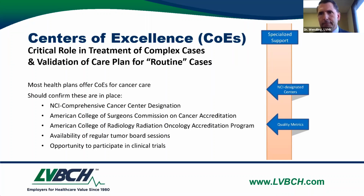Do they offer everything that we're talking about? The screening, the biomarker testing, and the treatment. There too, the care coordination. Do they have multidisciplinary treatment? Do they have tumor boards? There are a lot of aspects of comprehensive cancer care that a network should have when it's treating cancer. With that said, there also should be a relationship with an NCI designated cancer